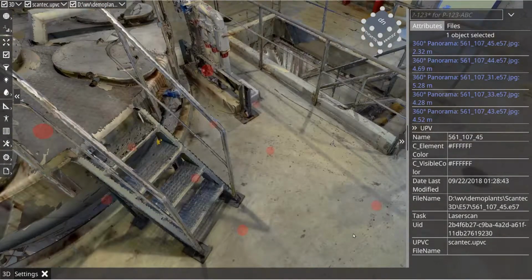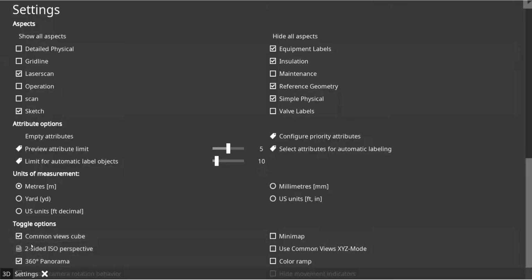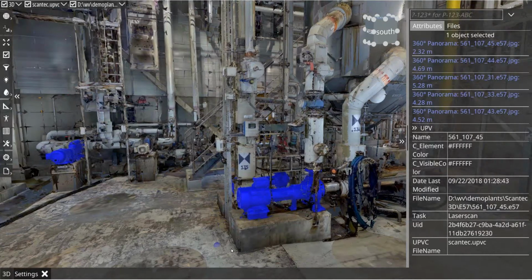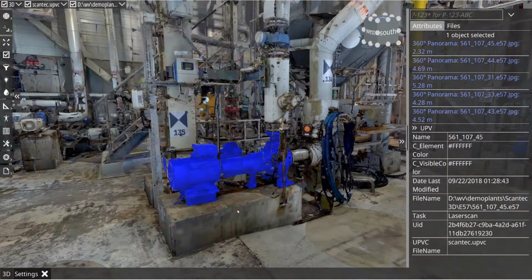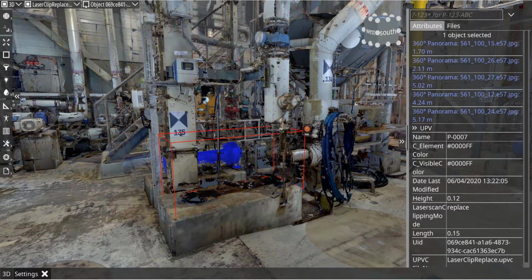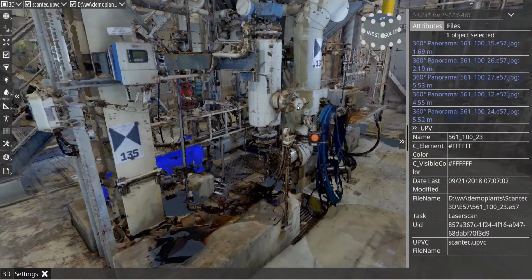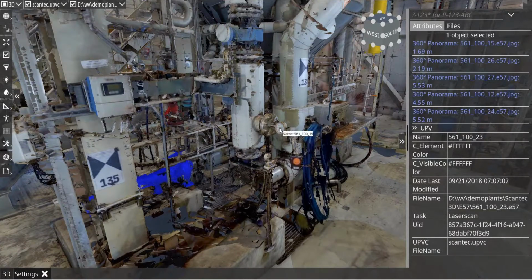Okay, so one thing we can also do with our model is like previously. So let me hide the panoramic views again. Okay, so you know already we can convert objects or make them intelligent. So we can hide them by just placing a sketch box on top and giving that sketch box a name, reprocessing the model. So if your intention for usage of the laser scan model is only to, let's say, use it for navigation and see how it looks,